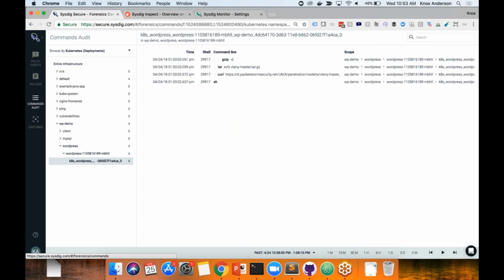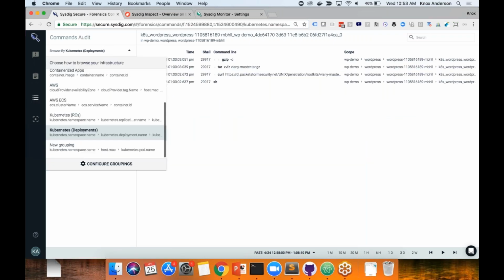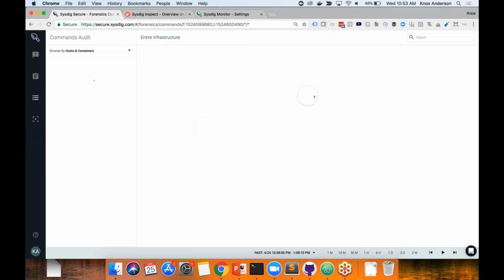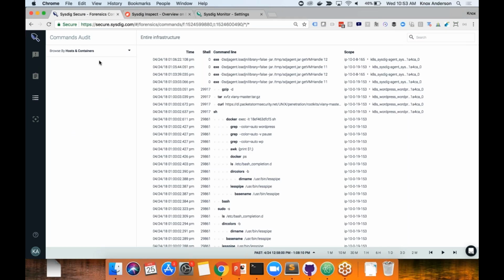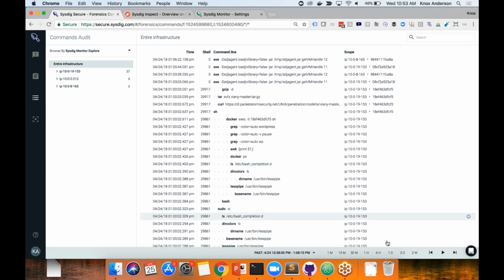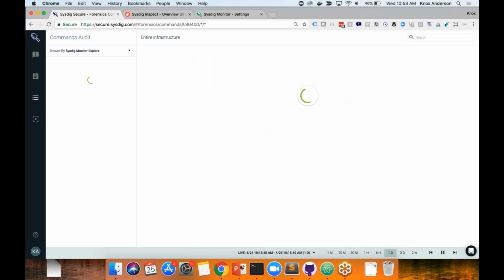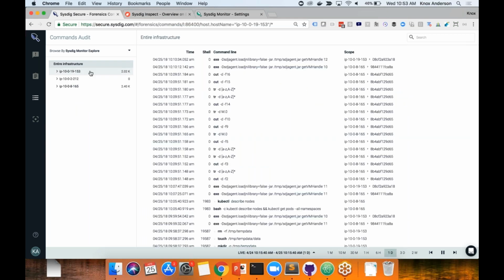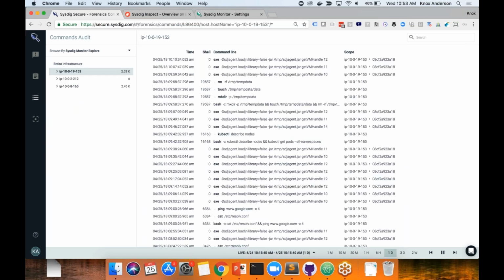We've touched on the commands history a little bit so far, but I just wanted to show you a little bit more about how it can be used to audit commands across your entire environment. So here we can see all of our different hosts. I can move over to the last day, see every single command that was executed on a specific host,